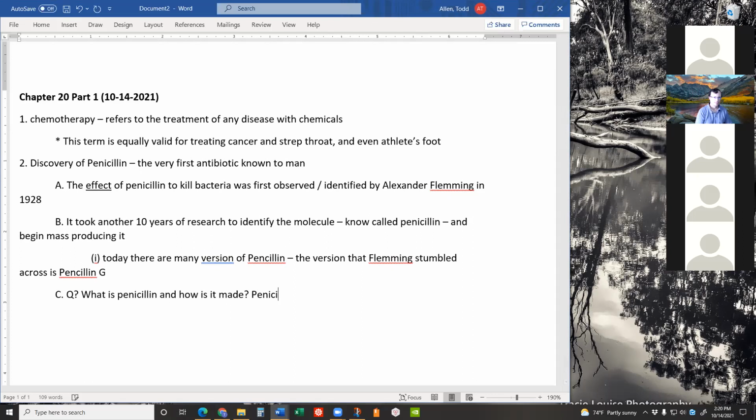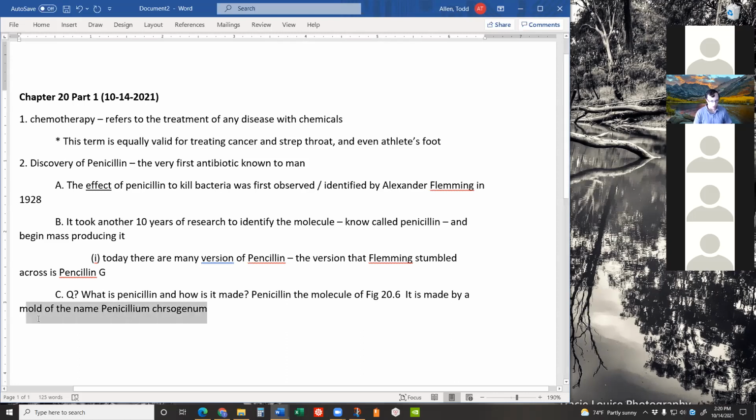So penicillin is the molecule of figure 20.6. It is made by a mold of the name Penicillium. Hold on a second, I gotta check my notes on this one because it's a weird name. Penicillium chrysogenum. Okay, Penicillium chrysogenum is a mold, and that is the mold